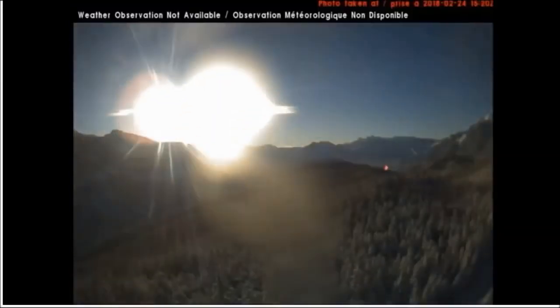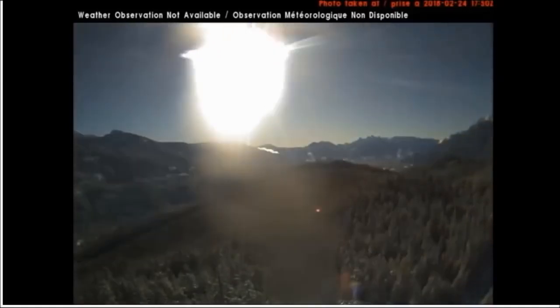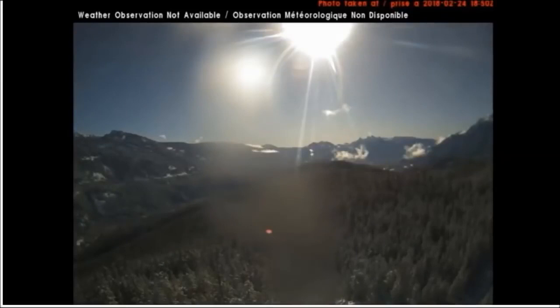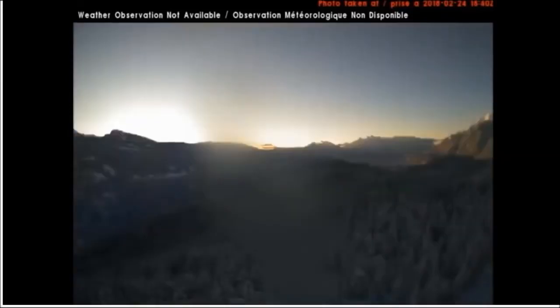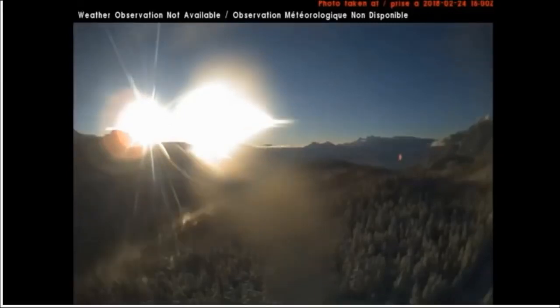Clouds permitting, we see this same huge object rising next to the sun every morning from the southeast-facing weather cam located in Cheakamus Canyon, British Columbia in Canada. Our real sun is the smaller light on the left, and the gigantic tan orb, now highly illuminated by the sun simulator, is on the right. The concealment jet, explained in detail in our March 21st video, maintains perfect alignment with the center of the sun